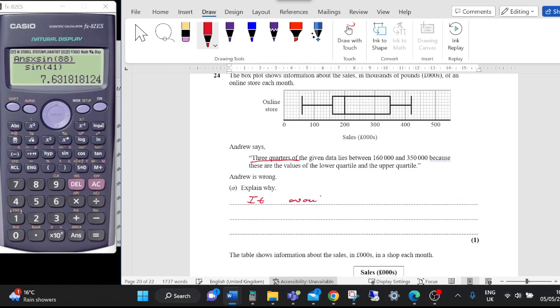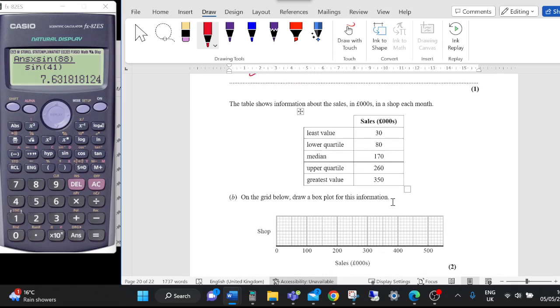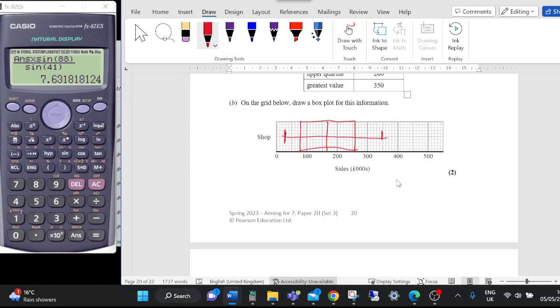It would be 2/4 or half the values. This table shows information, in £1,000. On the grid below, draw the box plot for this. So the least value is 30, so I'm looking at 30, my starting value, lower quartile at 80, median at 170, upper quartile at 260, and upper quartile at 250. So join that into a box plot. Obviously, you do it with a ruler,